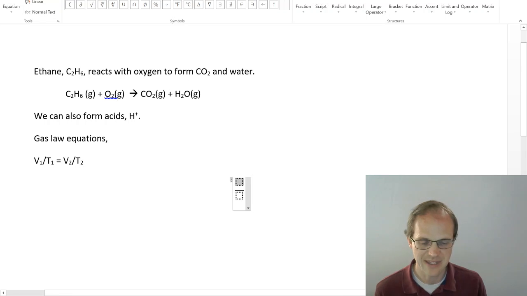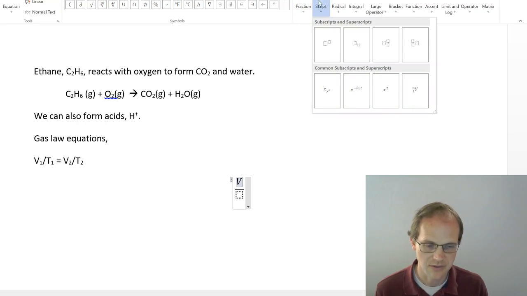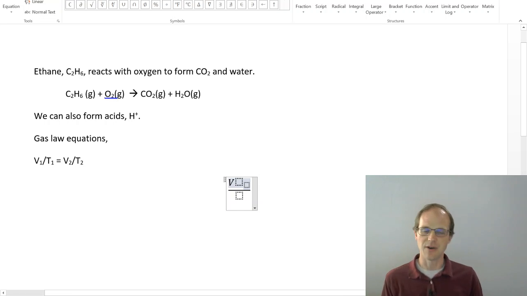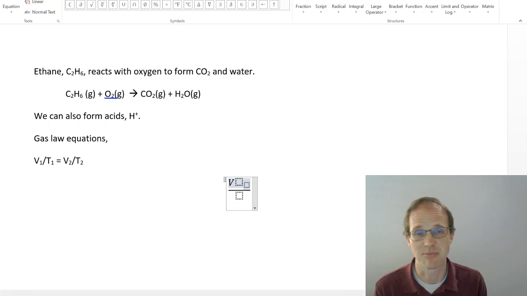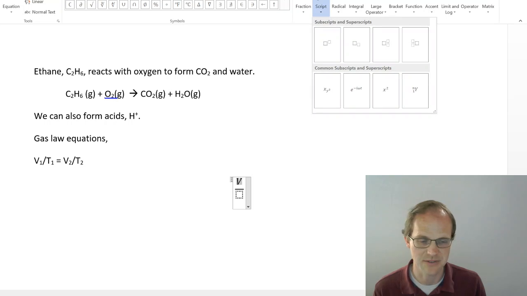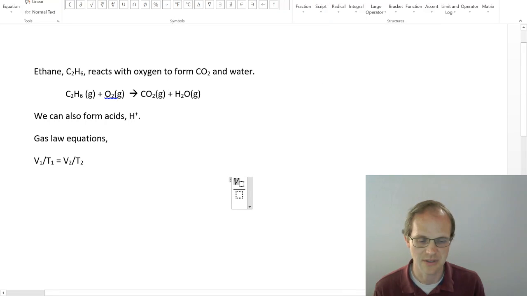Now, the keys and ways that works is not always intuitive, but you'll get used to it. So I'm going to type v, and then I'm going to type my subscript over here. Oh, gosh darn it. What did it do? So the Word equation editor is not perfect. I just want a subscript on that, but it thought I wanted to insert a character with a subscript, and that's not what I wanted. So I hit delete. If you really wanted to, you could highlight that one, and then you can put in the subscript there. And so now I can put a 1 down there. That is a bit tedious, I have to say.